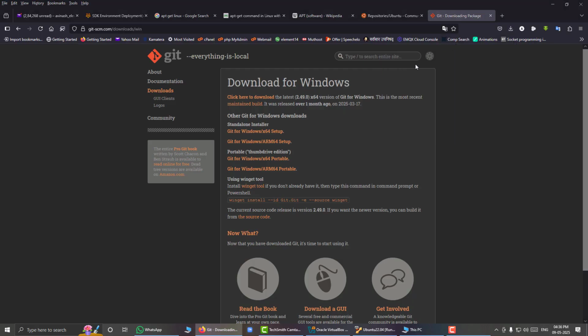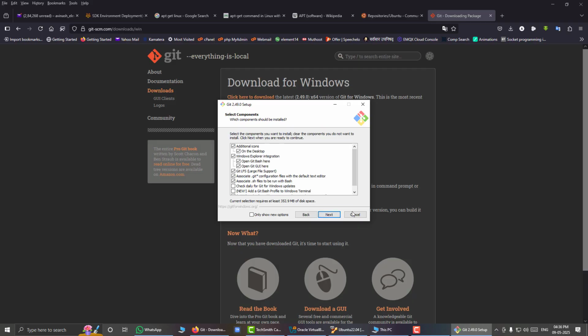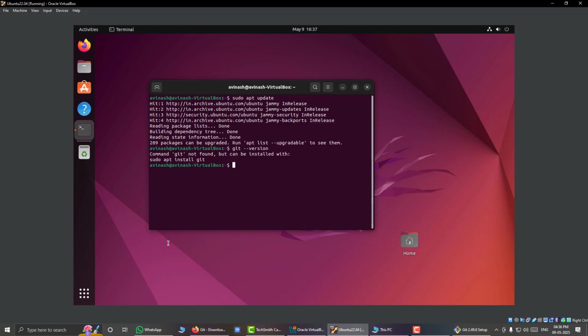So after installation we can run this executable, and it will show us the familiar installer, and we have to keep on clicking next and next, and this will install. So this is the normal workflow under Windows to install a new package or software, but under Linux we will see the difference. We have to use the command sudo first,